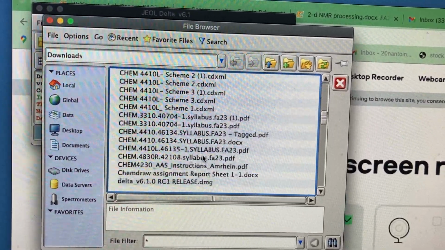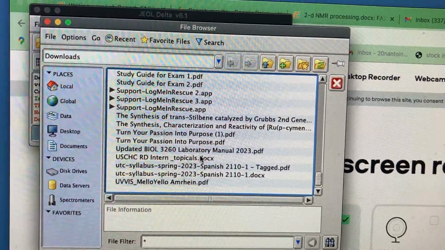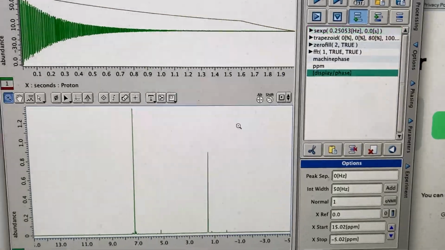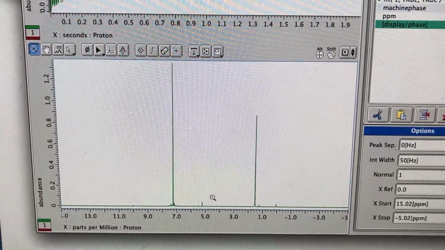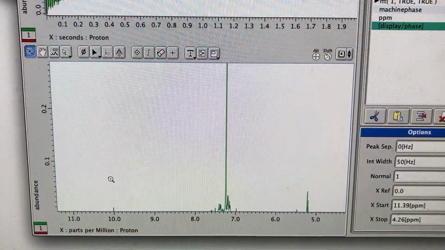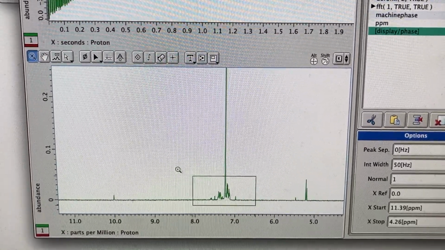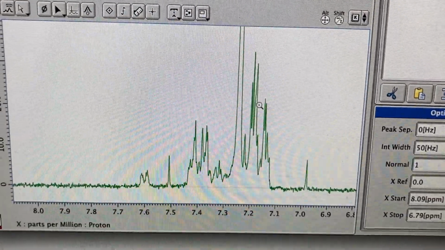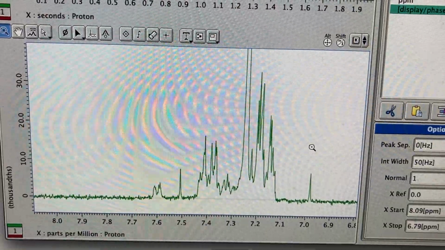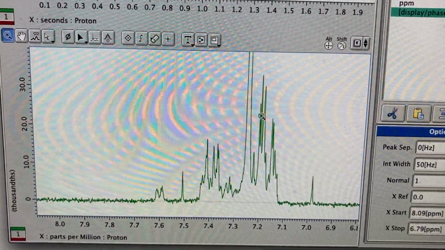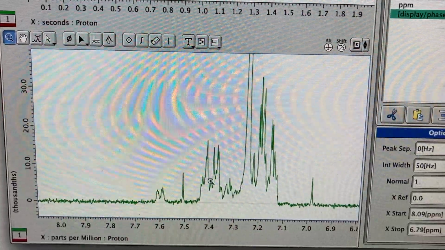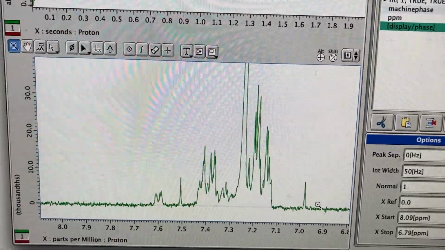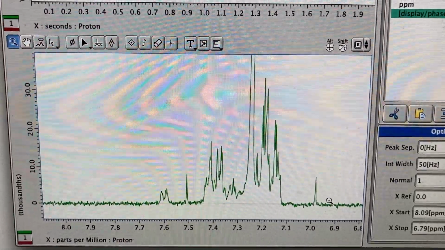Well, first I'm going to show you the Proton. Let's see if I can get there. Okay, so this is the Proton. And if you zoom in a little bit, as you can see, yes, it is kind of messy, and it's hard to tell which peaks are which. I can kind of see a triplet here and a triplet here, and some doublets, but you never can really know for sure whether they're part of your product or not,